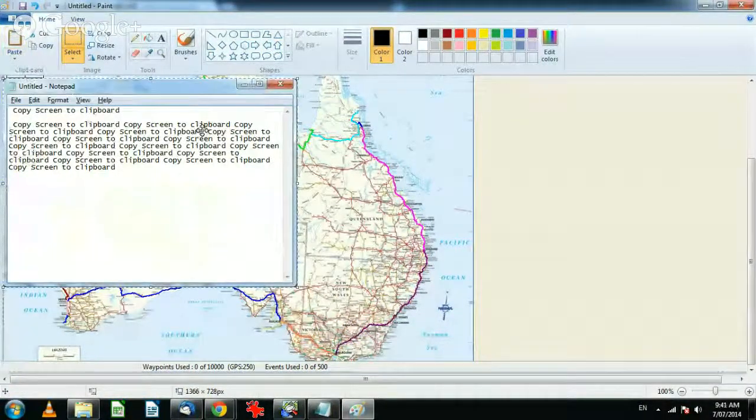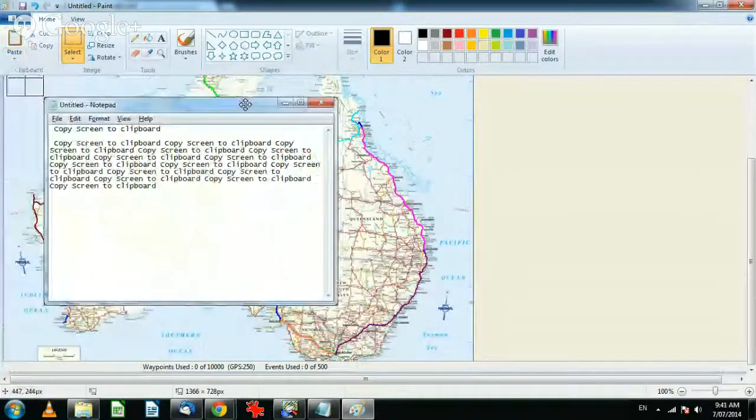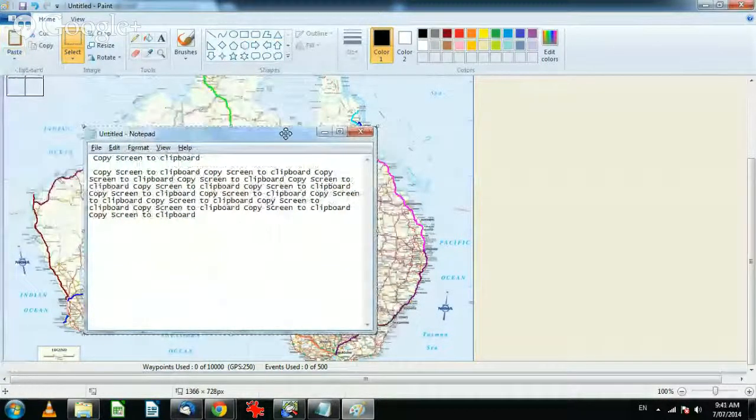There we are. Notice only that screen gets pumped in. Only the window. So if you press the print screen key, it copies the whole of your screen to the clipboard. If you press Alt and the print screen key, it'll copy whatever's on your current window to the clipboard. And then you've got to go into another program, and the program you've got to go into